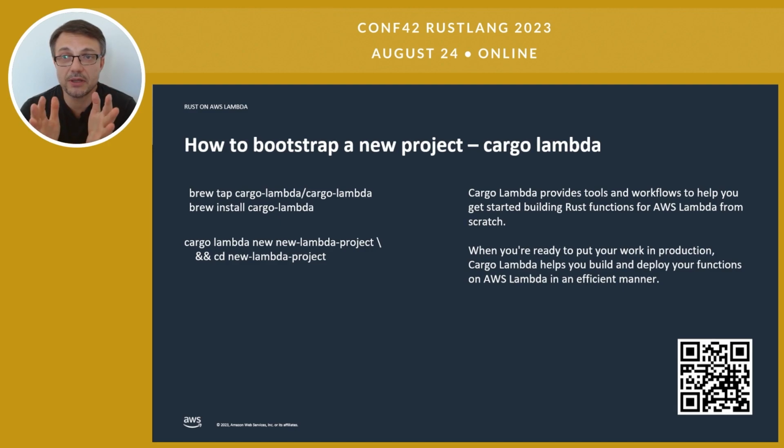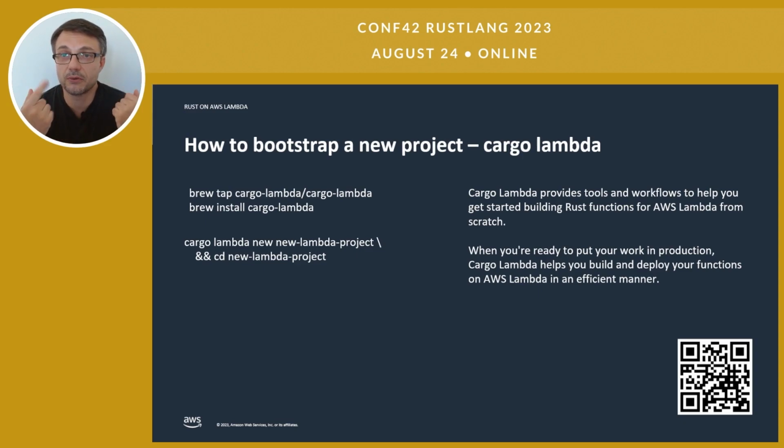And essentially it provides you with a set of workflows which allow you to bootstrap a new application, to test that application locally, to deploy it to your test AWS account, to build that application. Again, it supports, for example, cross-compilation, and you can target different Lambda runtimes,